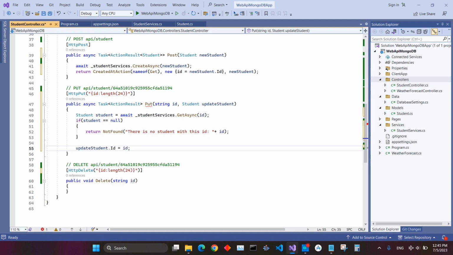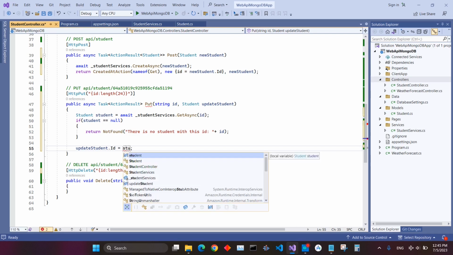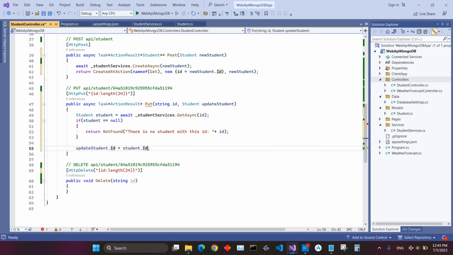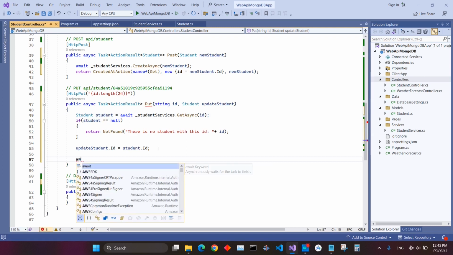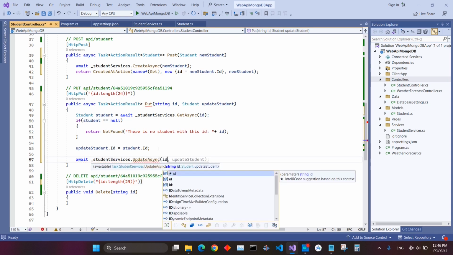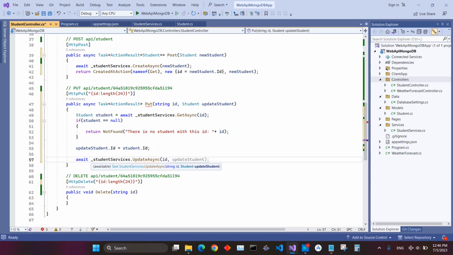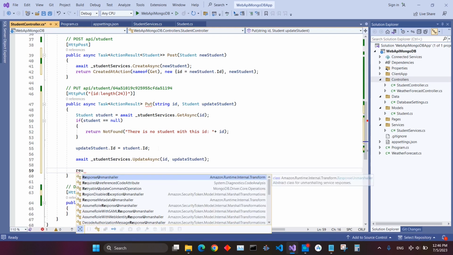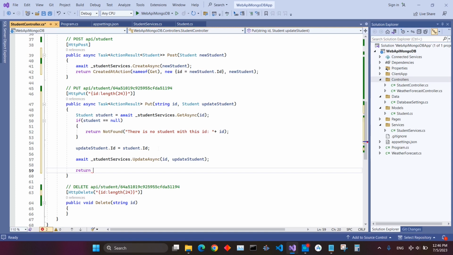Updated student.id is the ID of the student, student.ID, this is student, and then await student service dot update async, we pass here the ID and the updated student, and also have to return the custom message, updated